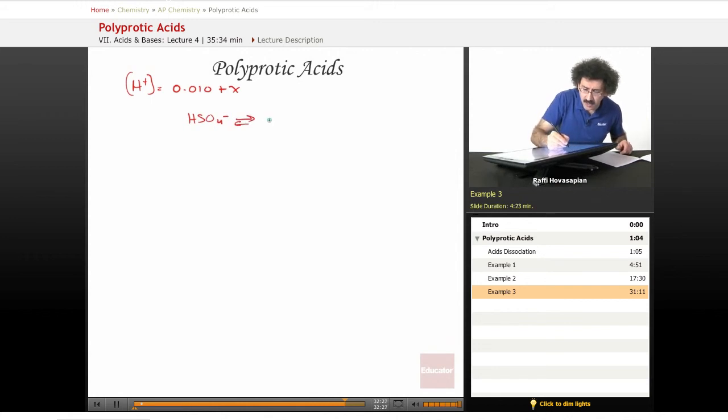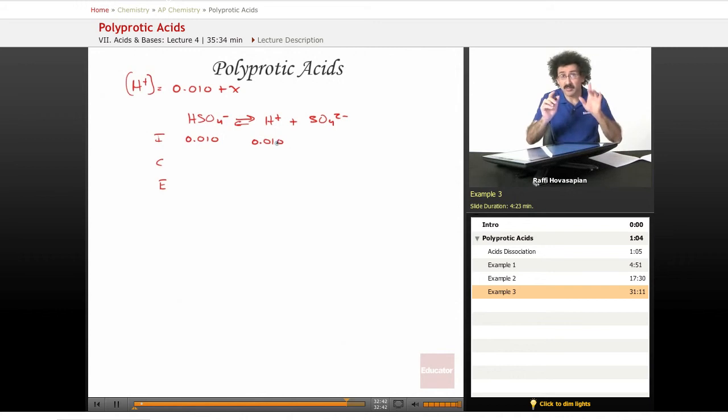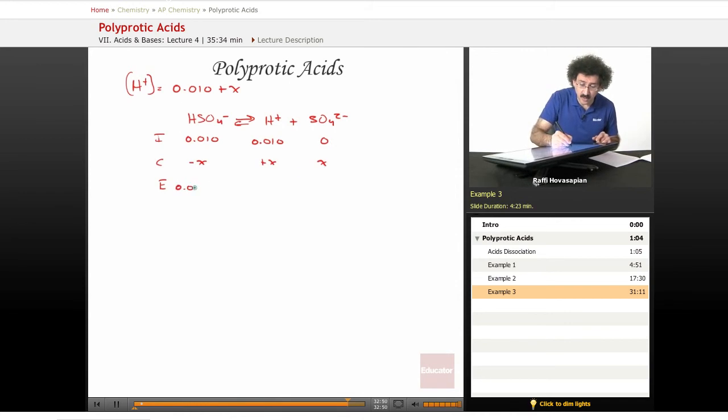So that's the equilibrium we want to look at. HSO4 minus goes to H plus plus SO4 2 minus. We have initial, change, equilibrium. The initial concentration is 0.010, right? And the 0.010, strong, dissociates into this and this, first dissociation. This is 0. The change is minus X, plus X, plus X. We get 0.010 minus X over here, 0.010 plus X over here,